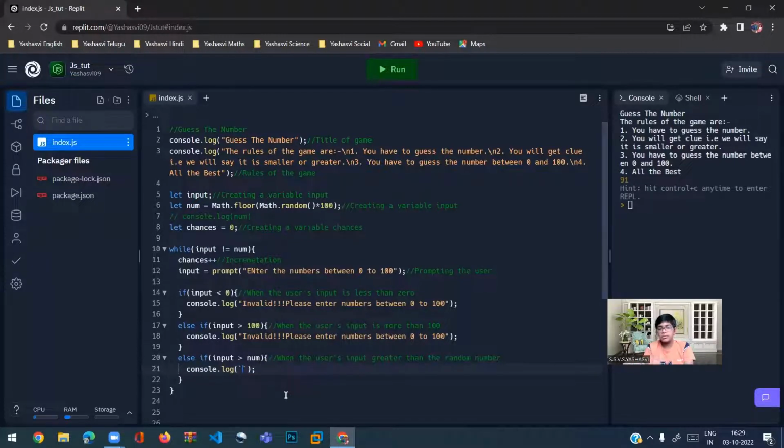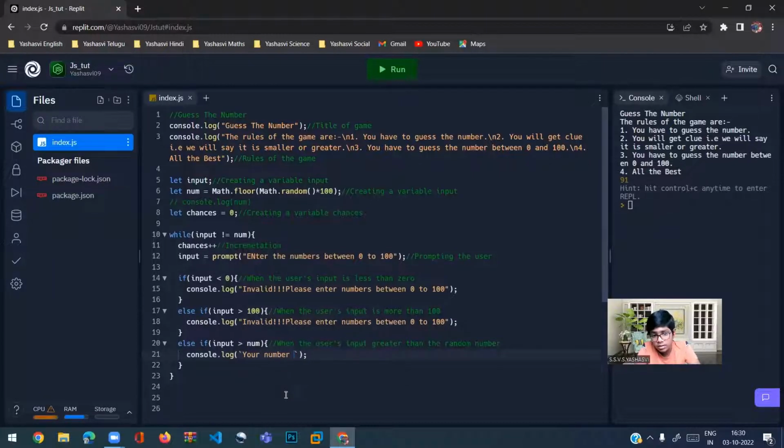I am thinking to even print the user's number in this console log. So let's do that. Your number, you can use dollar curly braces on both sides. Inside this you write input. Okay, your number is